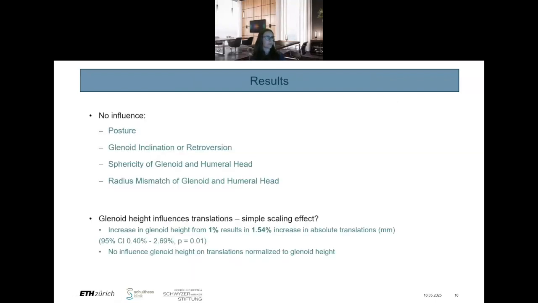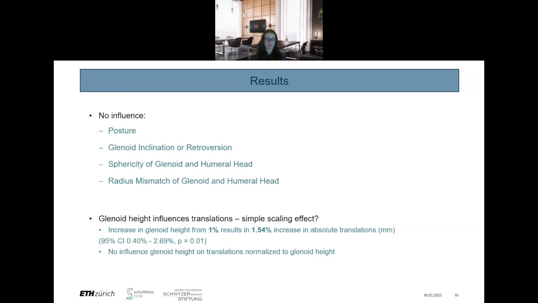We also found no influence of posture and any of the bony anatomical parameters that we expected to capture the joint stability. And glenoid height did influence translations, which might be a simple scaling effect. So the effect size is, for 1% increase in translations, we have 1.5% increase in absolute translations, which